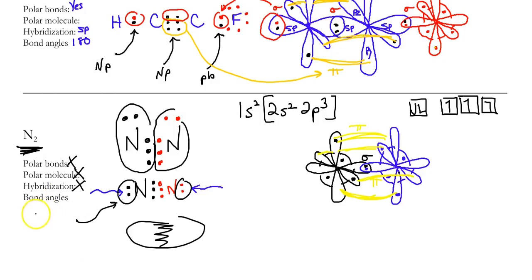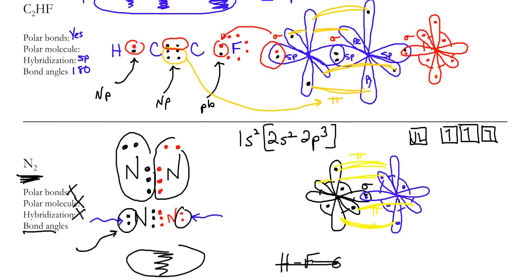All right, and of course, this has a bond angle. You could say it's 180, okay, because it's straight across, but you really can't say it's a bond angle. I mean, if two things bond, it's just there. Until you have a central atom, do we consider a bond angle? All right, now I do want to revisit